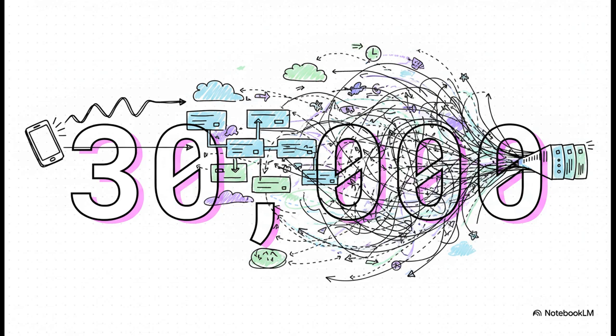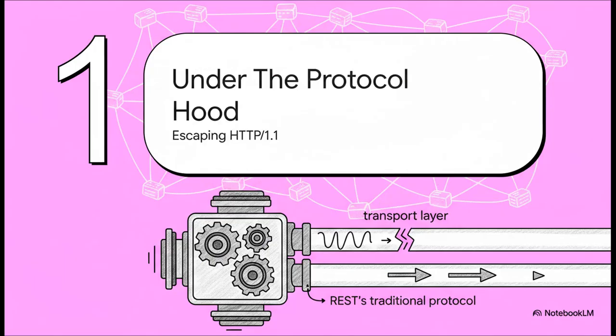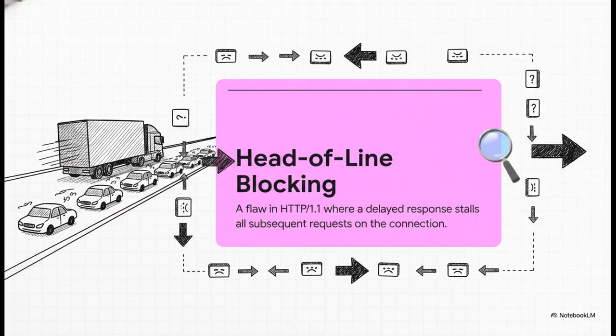When systems exhibit these super chatty communication patterns, the choice of how those services talk to each other becomes the absolute primary bottleneck for your entire infrastructure. So let's dive into Section 1, under the protocol hood, escaping the HTTP/1.1 bottleneck. You see, traditional REST architectures predominantly rely on HTTP/1.1, and well,